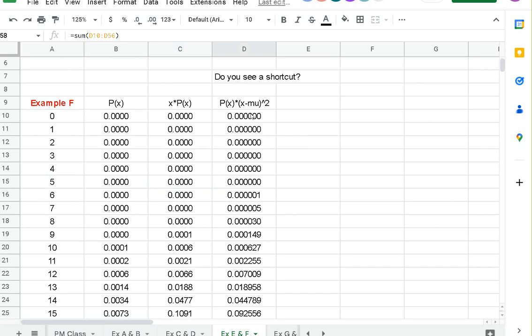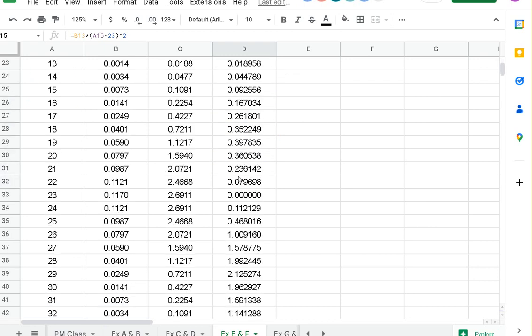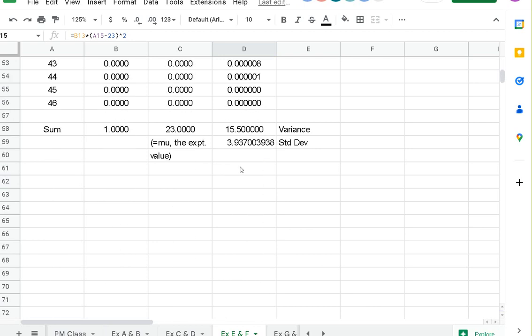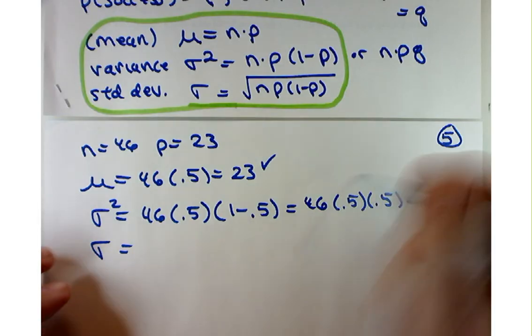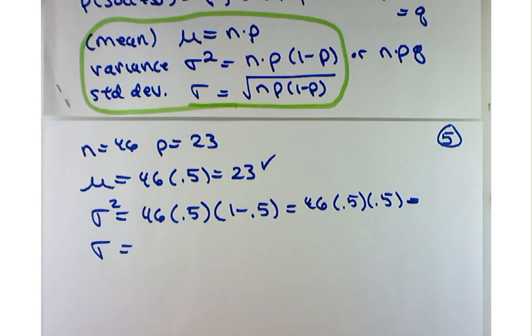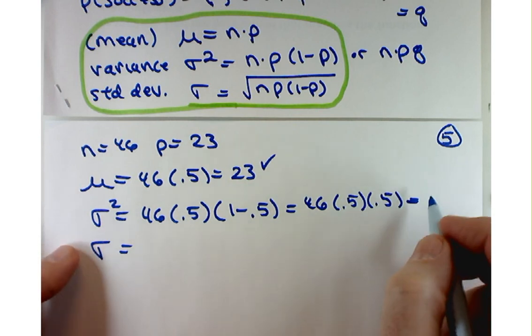Oh, we did X minus mu. What did we have to do, 23 times X minus mu times p of x squared. Now this looks right. So something looks wrong with my formulas, because the formula I have on Google Sheets should match this one, which would